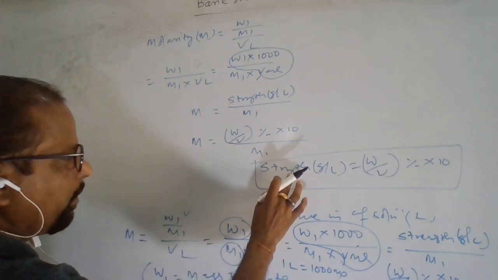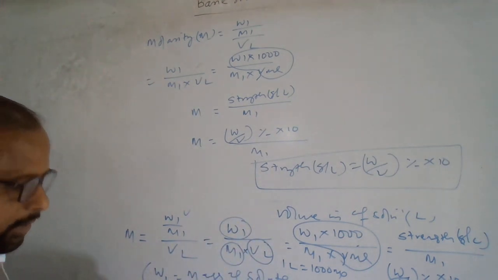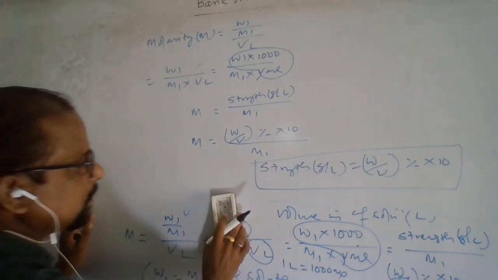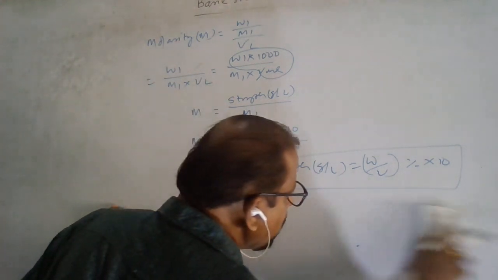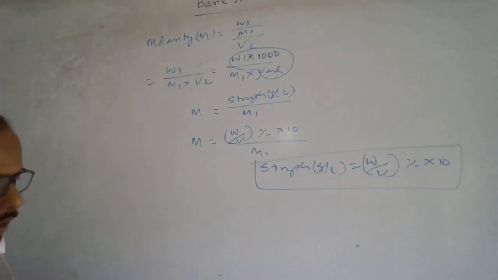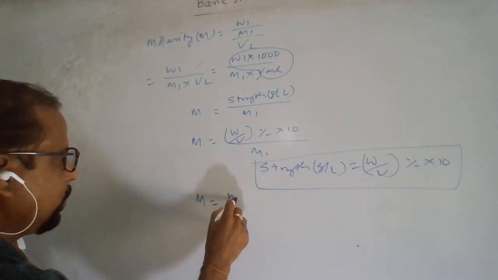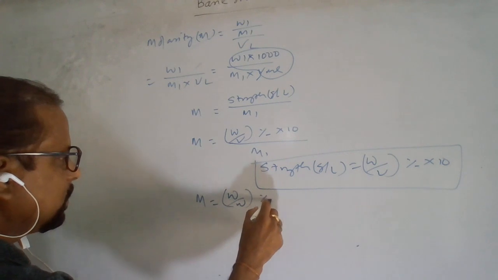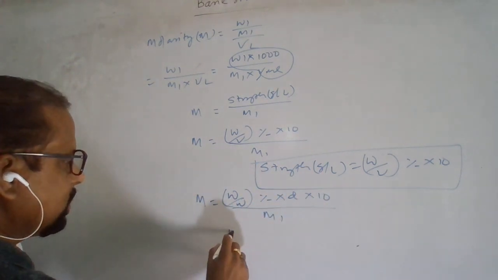Because this is 1000 times, but it is 100 times W by V. So that's why, instead of this, it will be written as W by V percentage. Then the molarity is equal to the W by W percentage into density into 10 by the molecular mass, because